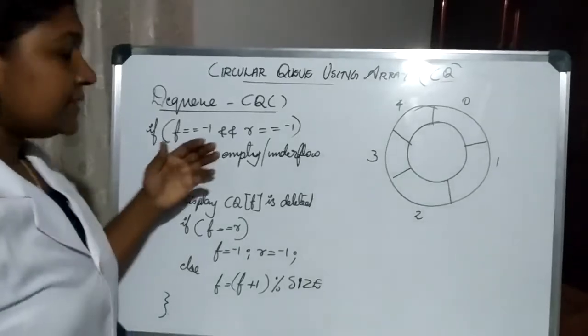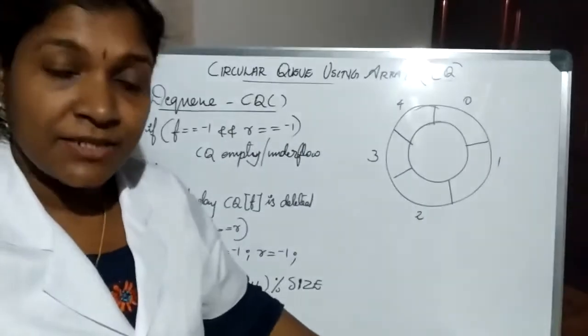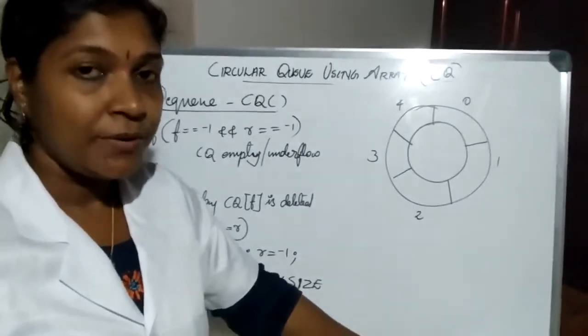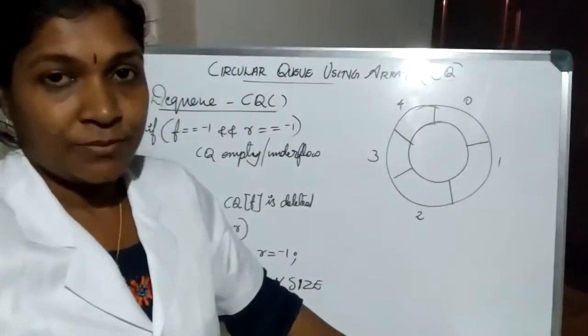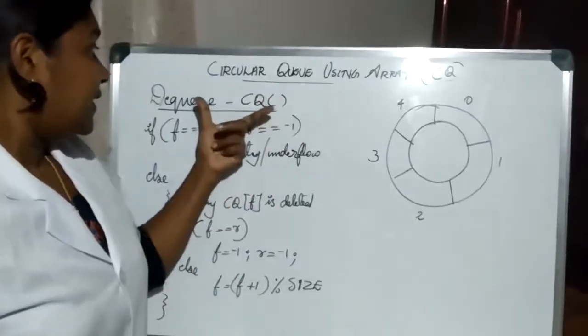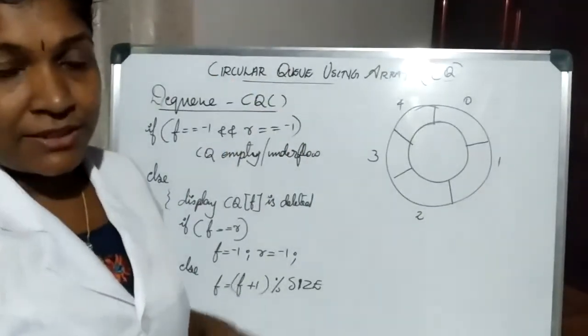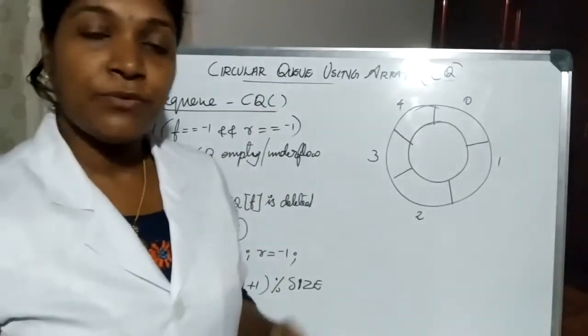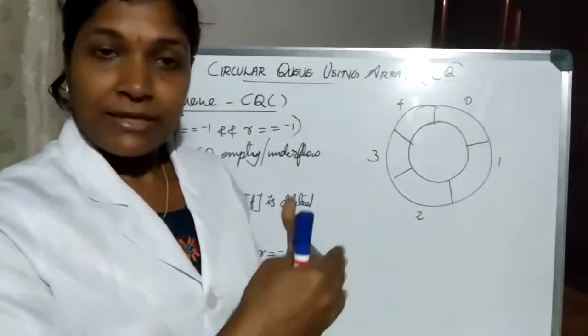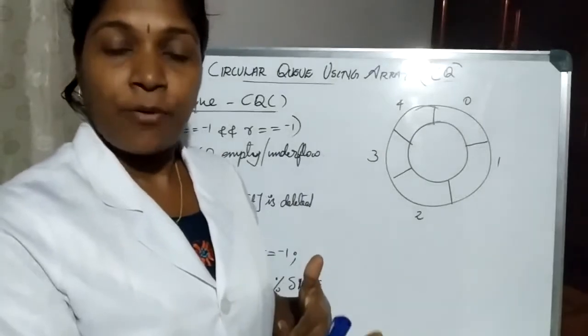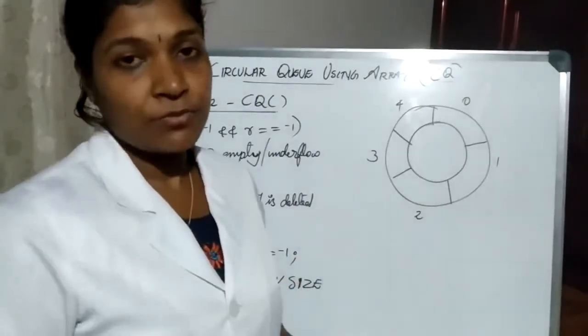Now we will discuss the DQ operation in a circular queue. So what is meant by DQ? DQ means the deletion of an element from a circular queue. Like our NQ operation, before performing NQ, what we checked was whether the queue is full or not, right? That is, whether one more NQ operation is possible or not. This is what we check.